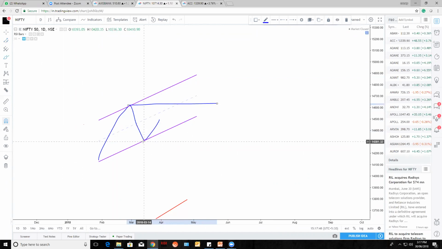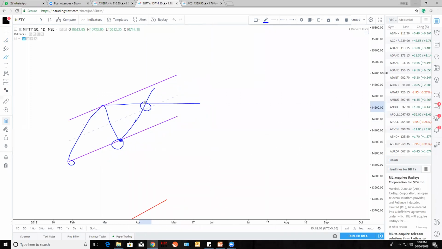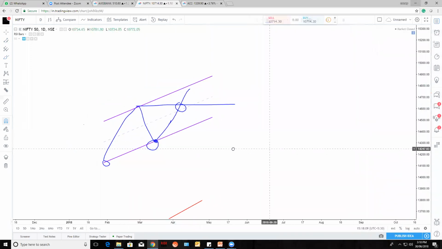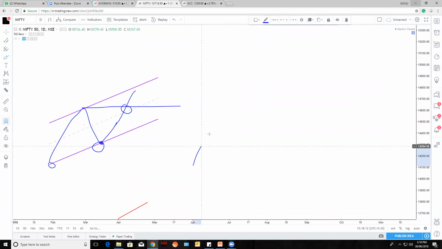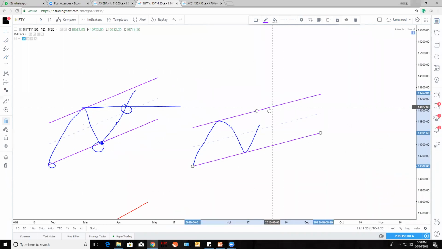I'll repeat once again that whenever you get 1 point, let's say this is 1 point, this is the second point you got, and you draw the channel, this is a valid channel. I'm not saying no, but the point is valid only when it crosses this high. Then only it will be valid. Otherwise, what might be the other possibility? Let's say it moved in the same 1 point and 2 points further, and it went up to this. Let's say we draw the channel saying that, okay, this is a channel and it will come to this high. It may come down and go below this.